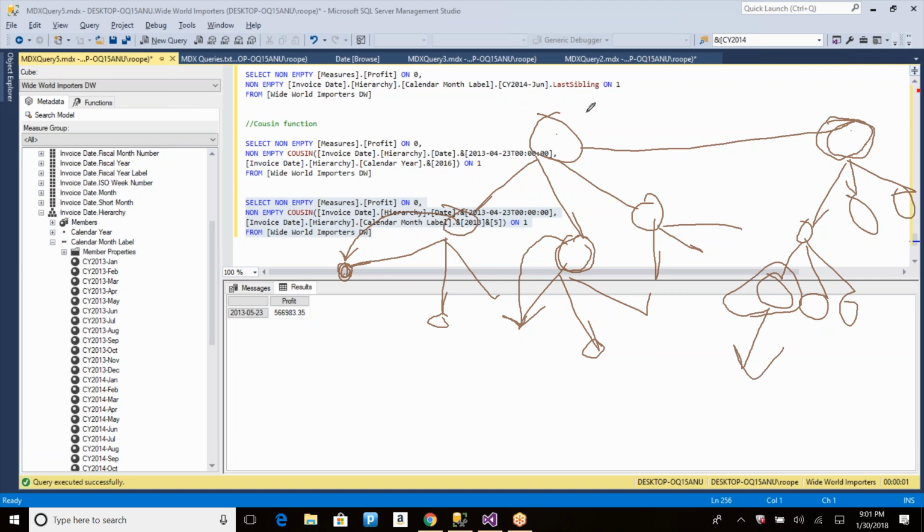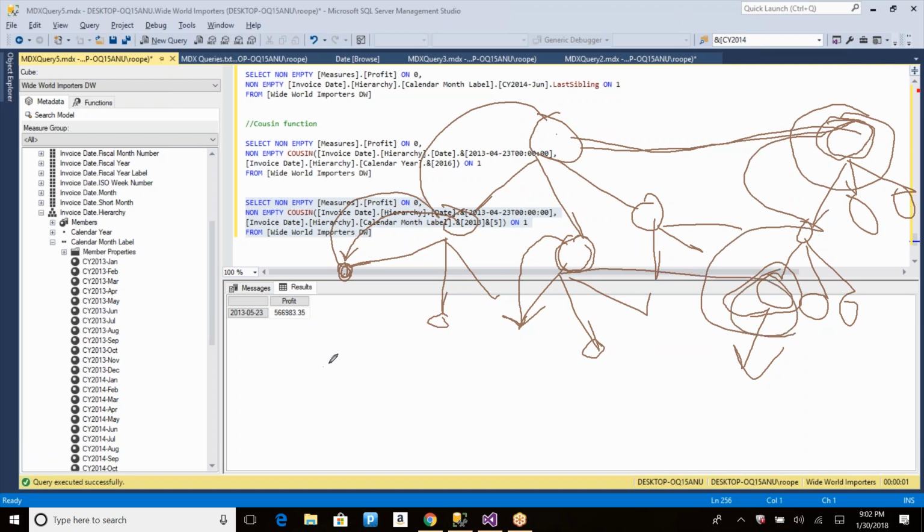The cousin always goes to the parent member or the ancestor member that you have given of the current level. So let's say I've given the ancestor member as this guy. So it's the same level, it goes to the parent. And here the same flow it follows, child.child, and it gives this value. This is the beauty of it. And the more beautiful thing is,